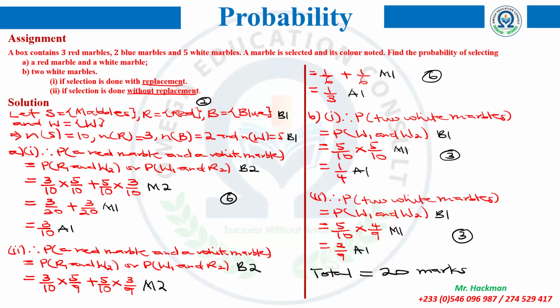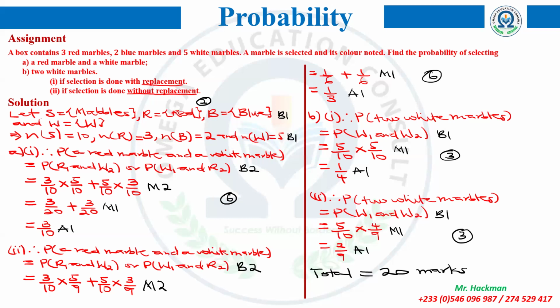The first thing that you write is solution. So those of you who gave me your solution without writing solution, please let this be the last time you will do that. So solution after solution. In the normal circumstance, I've told you every question you extract the information given that will help you solve, and by so doing, you start by writing given. However, with this information, you cannot extract them directly. So when you have that situation where you need to do some representation, then instead of writing given, you start with what? Let. So you let S be equal to,